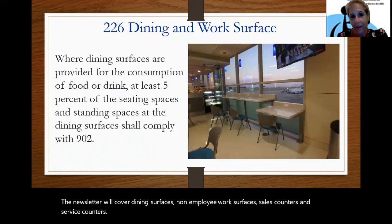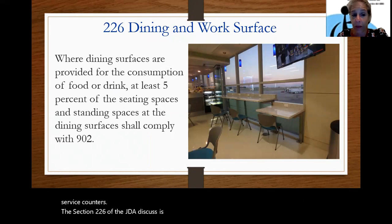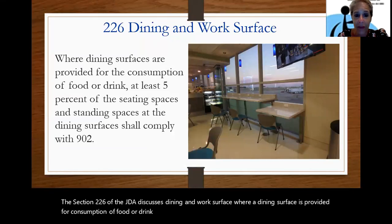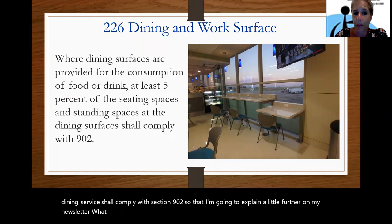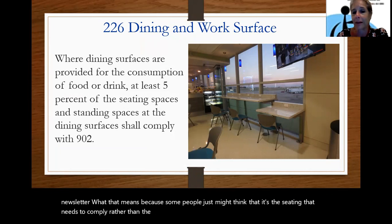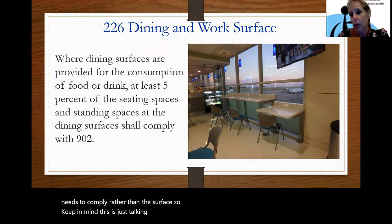Section 226 of the ADA discusses dining and work surfaces. Where a dining surface is provided for consumption of food or drink, at least 5% of the seating spaces and standing spaces at the dining surface shall comply with section 902. I'm going to explain a little further in my newsletter what that means, because some people might think that it's the seating that needs to comply rather than the surface. So keep in mind, this is just talking about surfaces, which in essence is the counters or tables that are